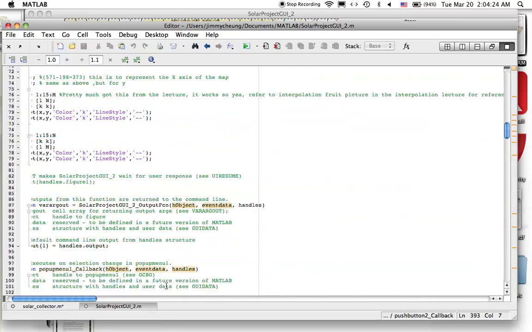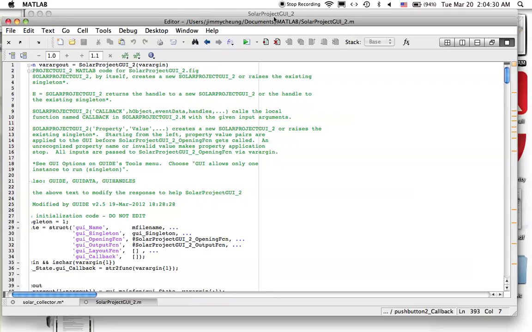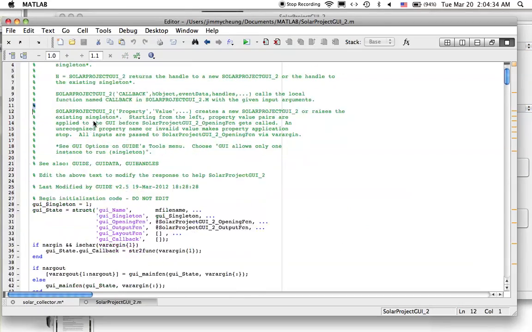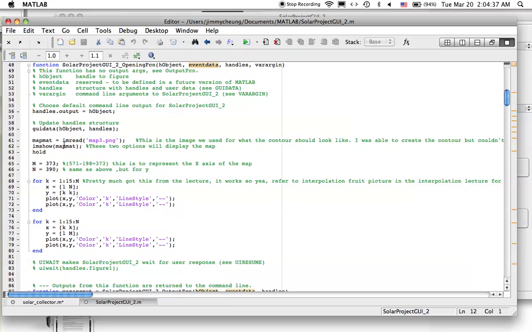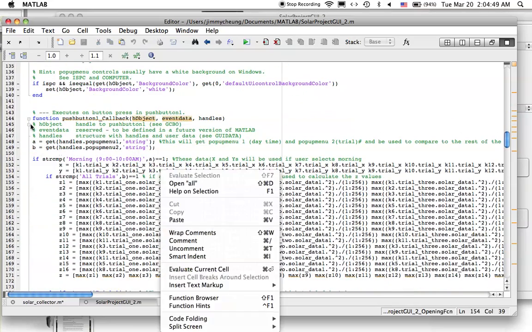And this is my part of the code, in reference to this GUI. What it would start with is it would read the map and display it right here, as is shown right here. And go down, go down, go down. So at this part,